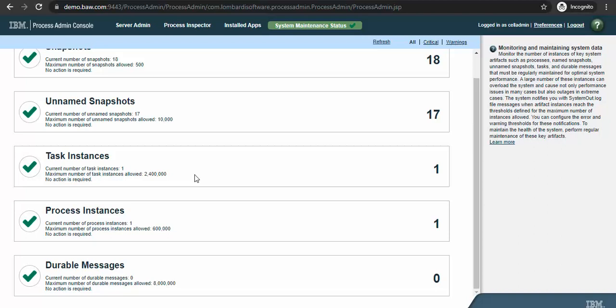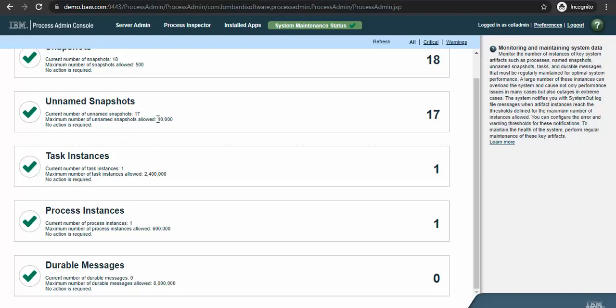Unnamed snapshots are created when, suppose you are writing some code, or you are doing some editing in any process app, and you click on Control S, or you click on the save icon. So it creates an unnamed snapshot. Each and every time you click on the save button, or you click Control S, it creates unnamed snapshots. So this is also part of cleanup.